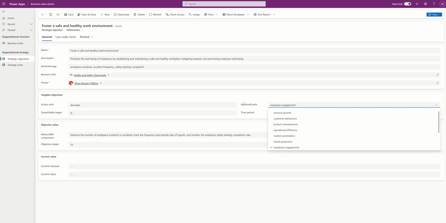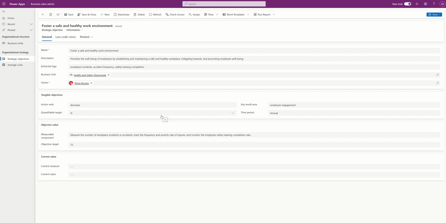So the value of this metadata is twofold. One, to ensure that the objective or goal has all of the facets of a good or well-formed objective, but it's also useful for reporting. So for example, you would be able to slice all of the objectives up based on the verb or the key result area. Moving down the form, we have this measurable component which explains what we're going to be using to measure the